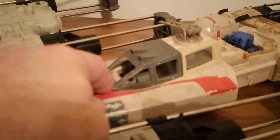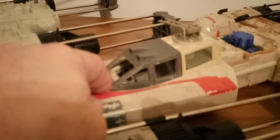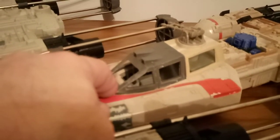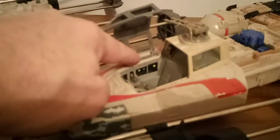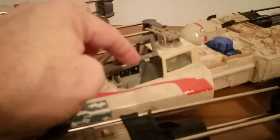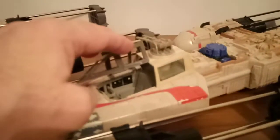It was nice while it lasted, but the black plastic is very picky. Anyway, it works, but not perfectly. See, it wants to spring open because of the way it's sitting over here. But that's okay, because what happened was this little knob, little latch, goes down into the hole there, and